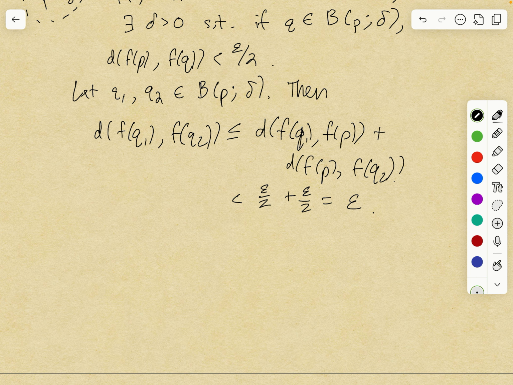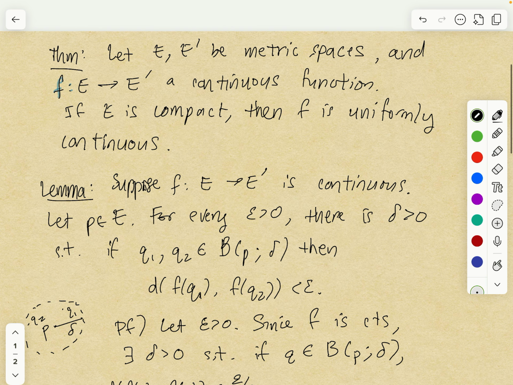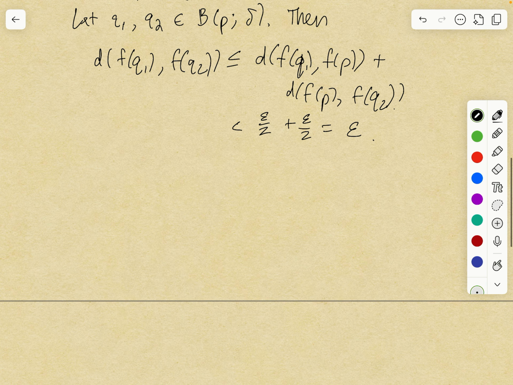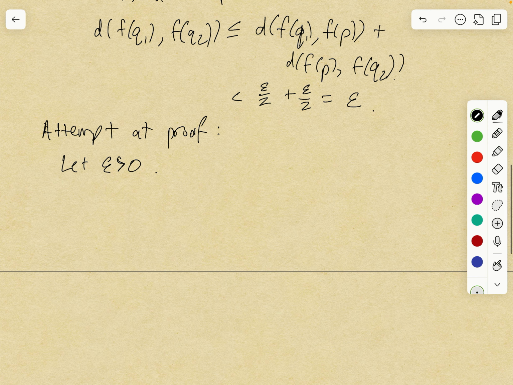Okay, so now we will attempt a proof of this theorem, that if you have a continuous function on a compact metric space, then the function is uniformly continuous. So here's the attempt at the proof, and it uses some fairly standard techniques. Let epsilon be greater than 0. Since f is continuous, we know that for every p, there is some delta depending on p,